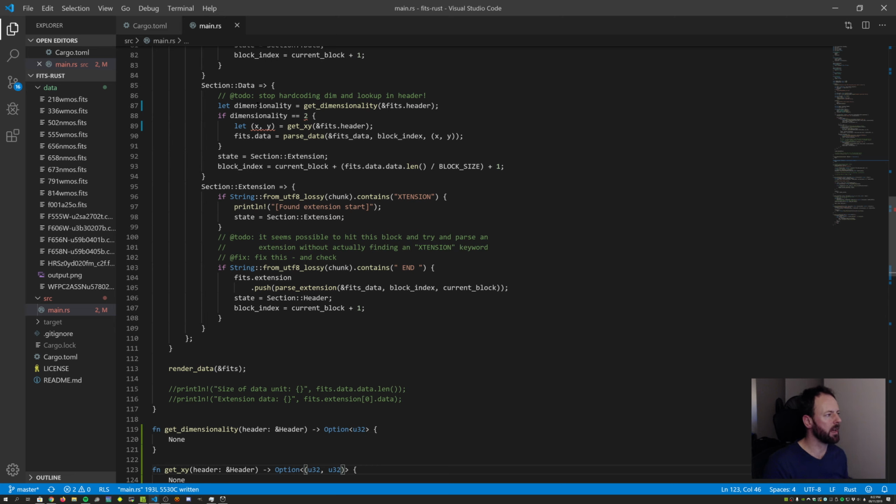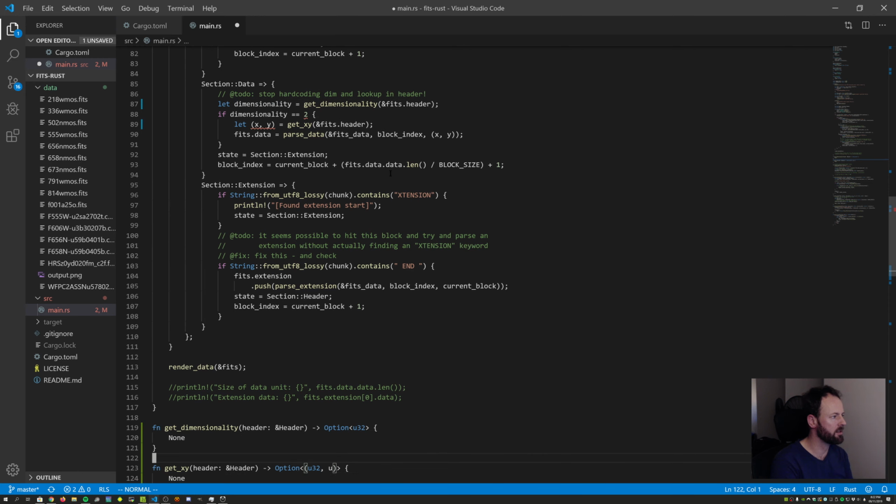Now what we need to do is unwrap that, right? An option either gives us something or nothing, so we'll use the if-let syntax that we learned a couple of videos ago. So we'll go if let dimensionality equals this thing. Actually, it'll be if let Some(dimensionality). Because this if-let statement does the destructuring, it's like a shorthand for the match for Some. So we'll say if let Some(dimensionality) equals that. Then